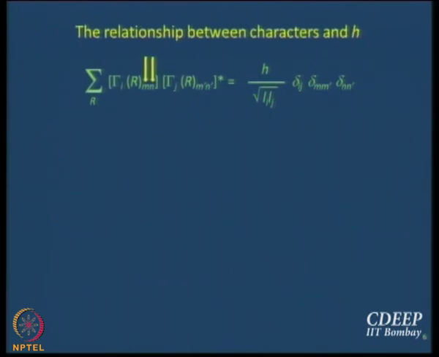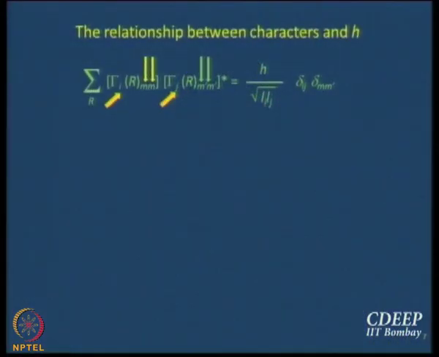You start from here. What you need to do, if you want to work with characters, then will you agree with me that m has to be equal to n, right? Similarly, m dash has to be equal to n dash. So, what is the advantage of that? The advantage is that I do not have to worry about n's anymore. I do not have to worry about that Kronecker delta at all, right. So, I have lost one Kronecker delta, fine.